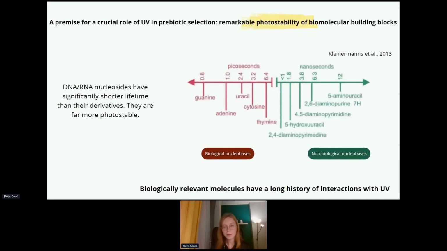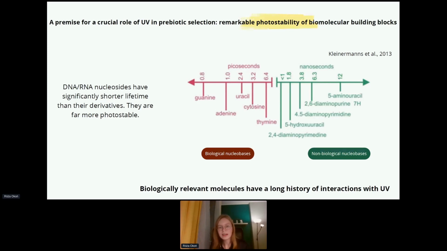for actual biological building blocks. And here on this scheme, you can see a comparison of lifetimes, because as I said on the previous slide, the lifetime of the excited state is very closely related to photostability. When we have a long lifetime of a molecule, there is a bigger chance for undergoing some not very well controlled processes and to undergo photodestruction. So in the case of biological nucleobases,